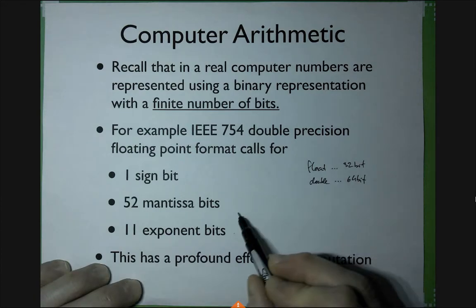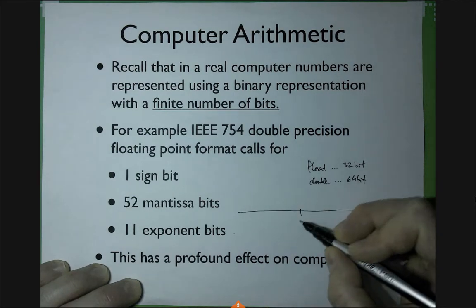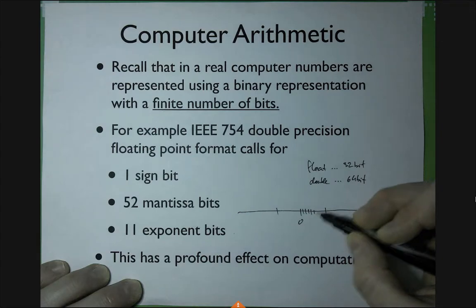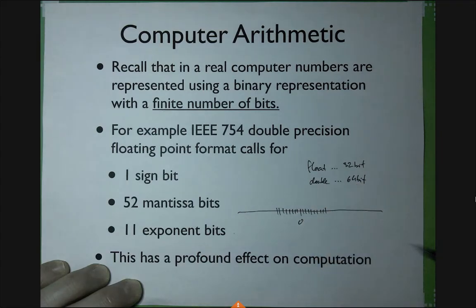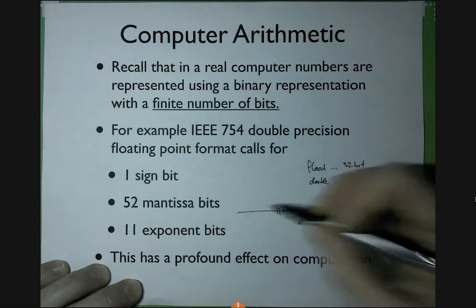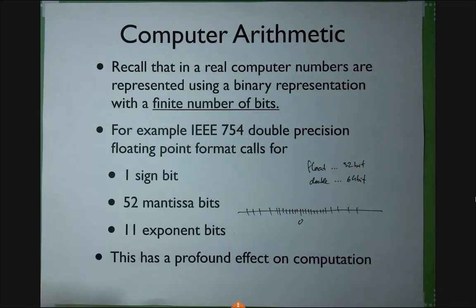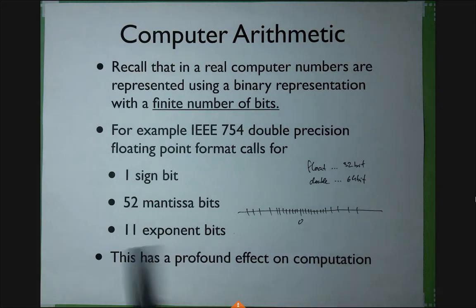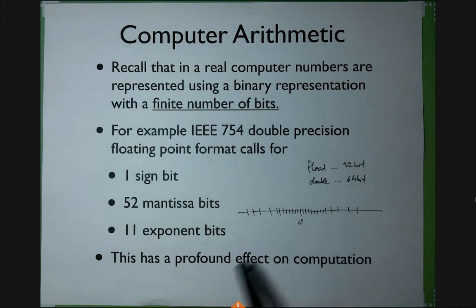So if you look at it visually, you have this real line, which has 0 somewhere. And all you have is some finite number of samples of real numbers that you can actually represent in the computer, right? And the sampling gets more and more sparse the further you go away from 0, and eventually you completely run out of numbers. There is some maximum number you can represent, or some minimal number you can represent. It's an exponential representation, so you can do pretty huge numbers. You can look up the maximum and minimum numbers you can represent. My point here is that the problem is rounding errors.